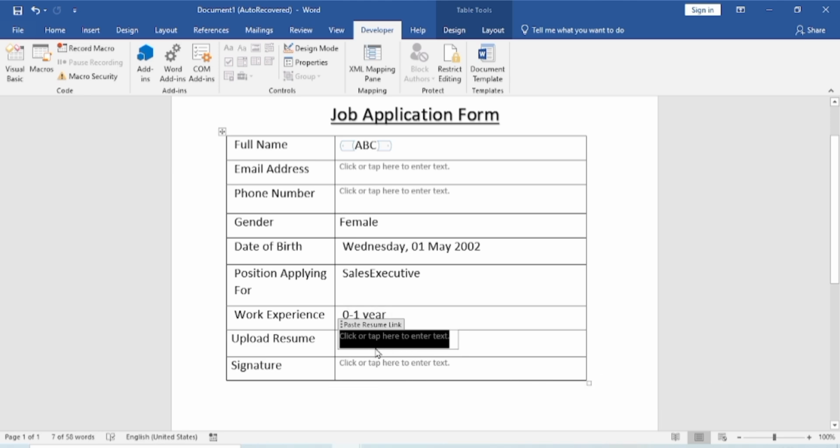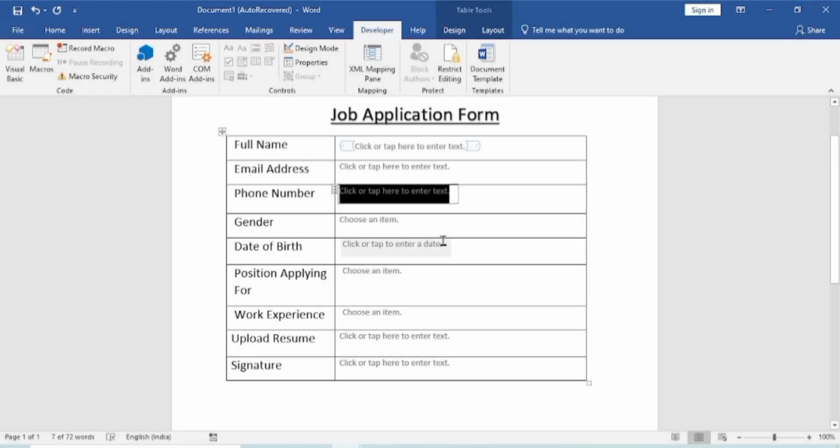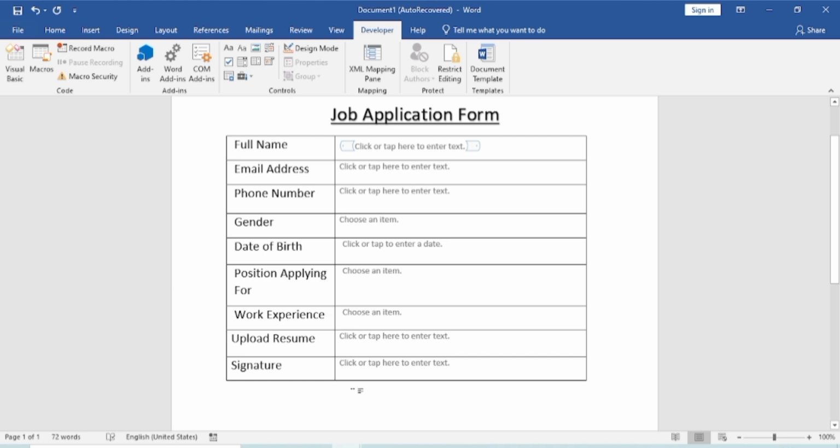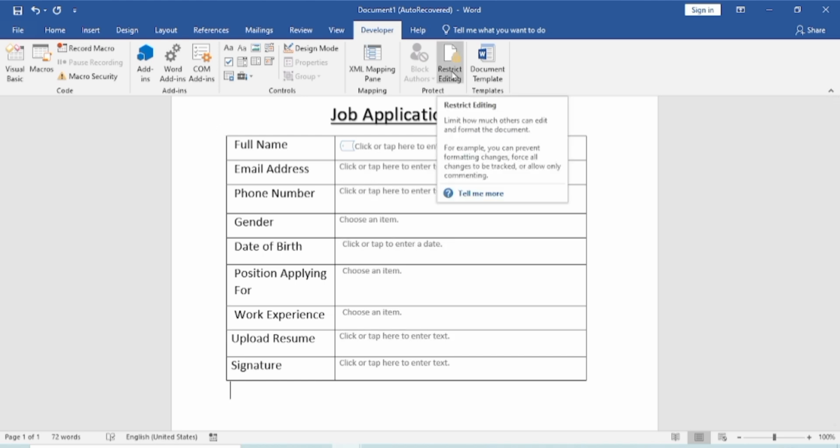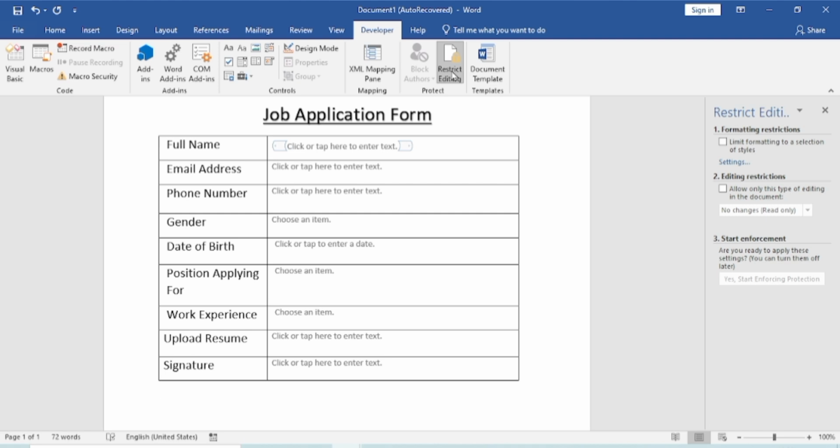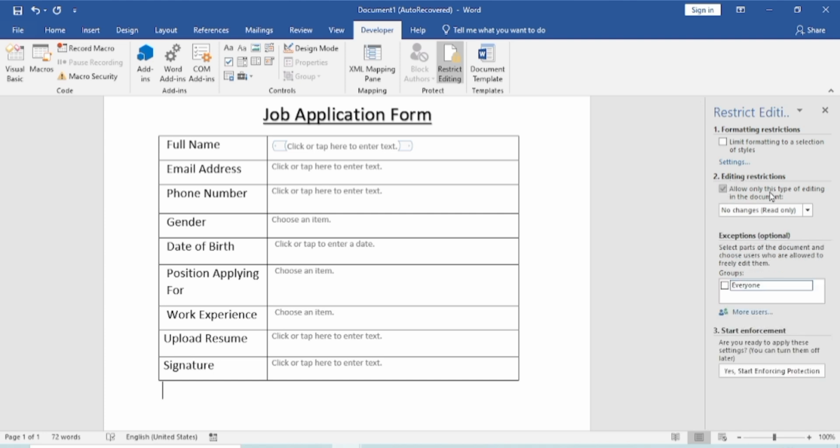Now, the form is ready. Before you save, clear all the sample data. To restrict the page, under Developer, click Restrict Editing from the menu. Under Editing Restrictions, tick Allow only this type of editing in the document. Below that, click on the drop-down and choose Filling in Forms.